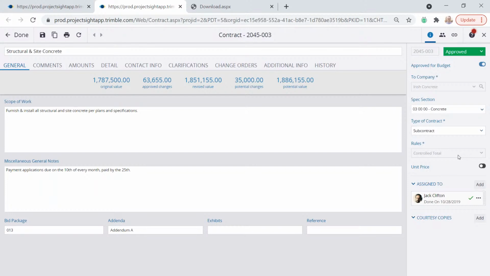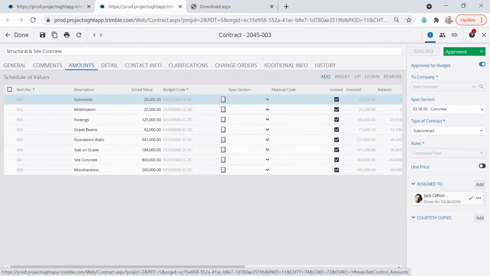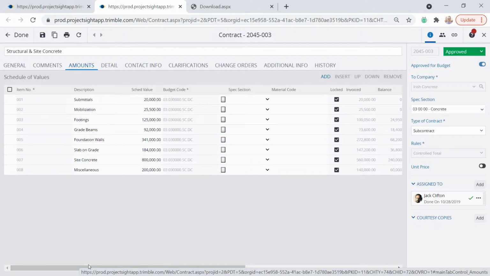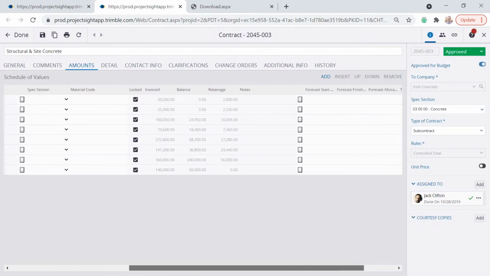rules such as variable total, fixed cap, a couple different ones to help you in your billing management, so you don't want to overbill certain contracts. You can create some rules around that. And this is a contract piece here. We've got our general. We have our, of course, our comments tab. We have our amounts tab, which is the schedule of values that we can then bill off of and keep track of. And as you can see, there's some invoiced, there's some balances, there's some retainage, all of that information